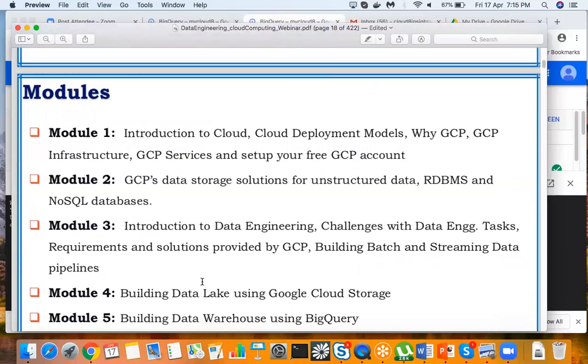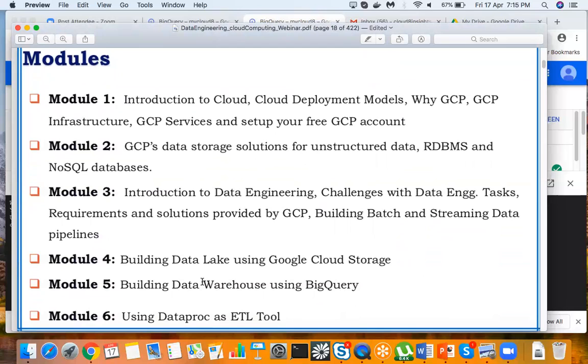For this course, I have designed multiple modules. The very first module is Introduction to Cloud Deployment Models: why GCP, what is the GCP infrastructure, what are the GCP services, and how you can set up your free GCP account. In the second module, we will discuss the various storage services on the Google Cloud Platform, that is Google Cloud Storage,